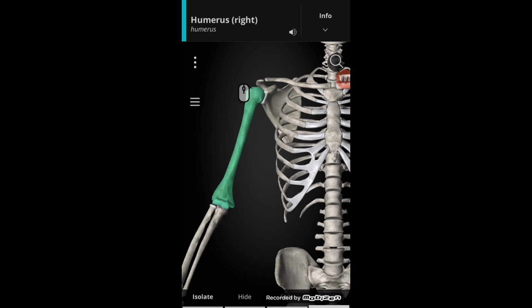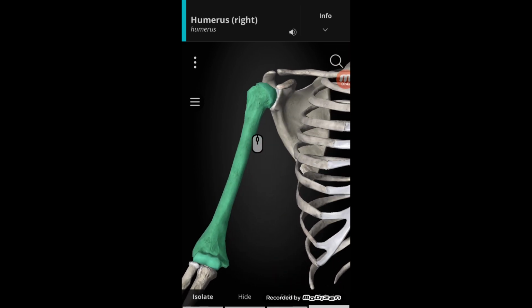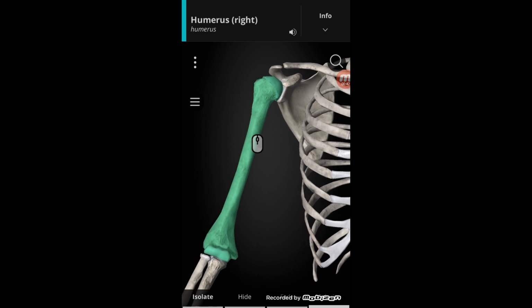and this is the part of the upper limb and appendicular skeleton. So here we can see that the head of the humerus is articulating with the glenoid cavity of the scapula. So here we have two parts of the humerus. The upper part, or the globular part, is the head, and the lower part, or the cylindrical one, is the shaft of the humerus. The upper part, the head, is globular, and the shaft of the humerus has two shapes.